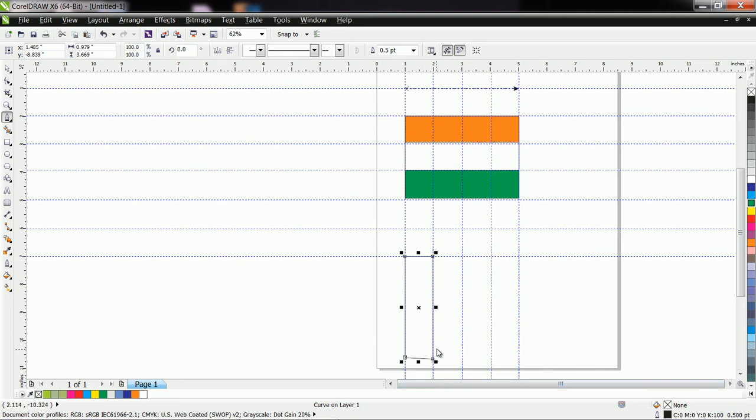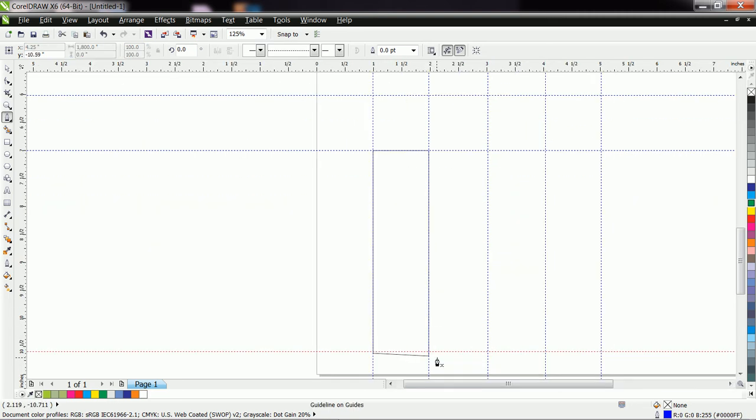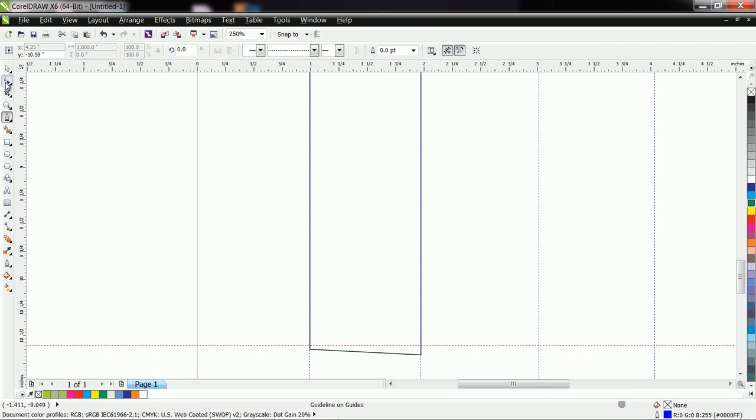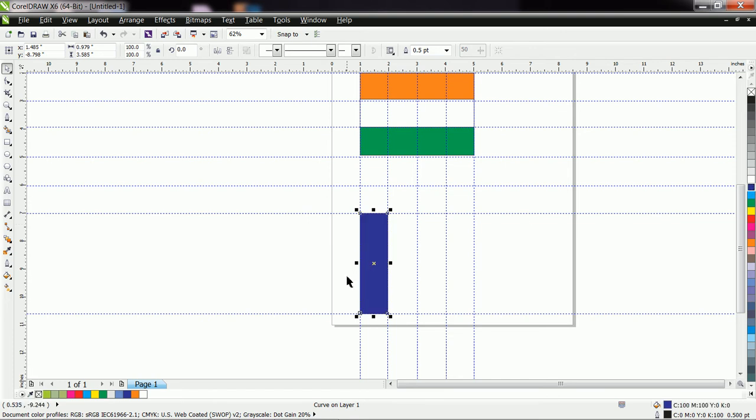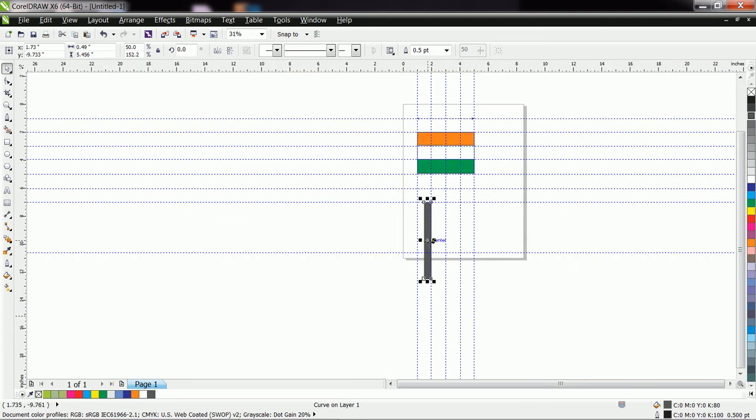Then again you can drag a guideline here, and with the help of shape tool you can move the node. Okay, now let us thin this and increase the size, and then keep this shape here.